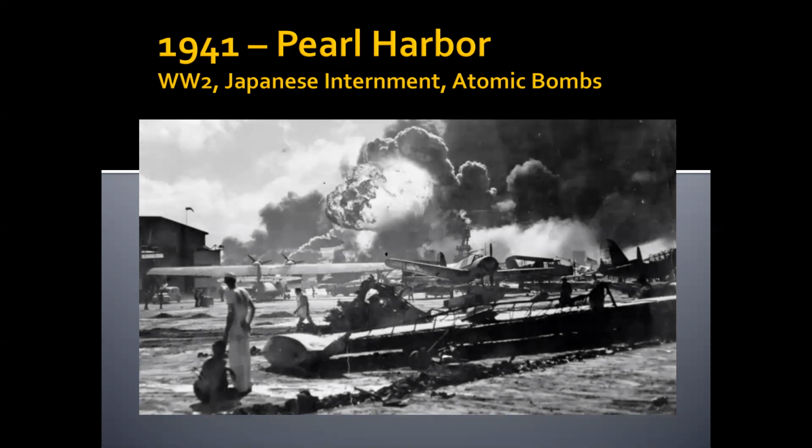During the late 1930s, Hitler is invading different European countries, and in Europe, it's a mess. But the United States, because we are suffering from the Great Depression, tries to keep itself out of it. While all of this is happening, the Japanese ally themselves with Germany and Italy in the Axis powers. And in December of 1941, the Japanese bomb Pearl Harbor, the military base in Hawaii.